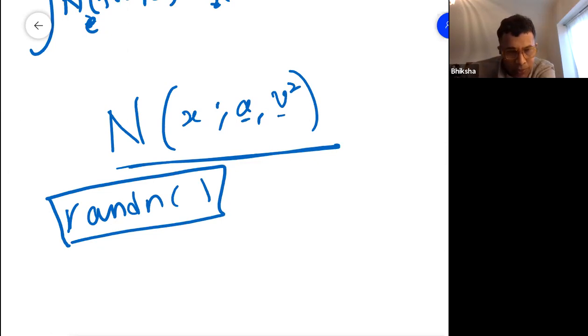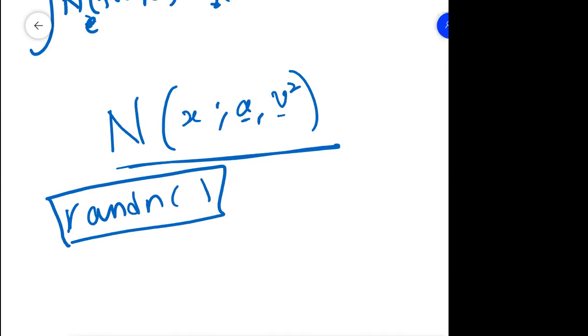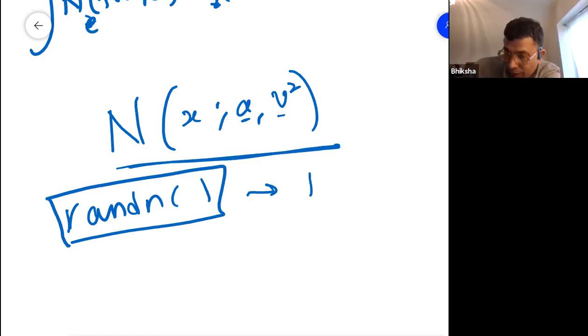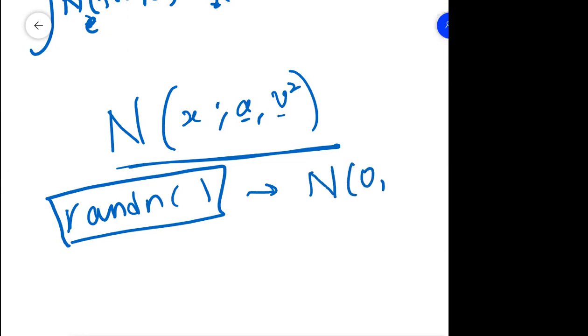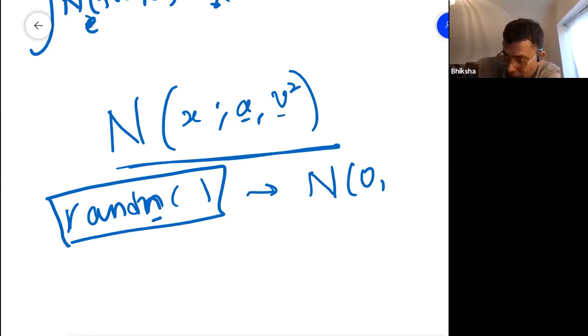Are you familiar with this function that you have in Python or various other programming languages? So what does it do? Do you provide a random number as X? And what are the properties of the random number? If you use randn, the Gaussian function, it's going to give you a Gaussian random variable with mean 0 and variance 1.